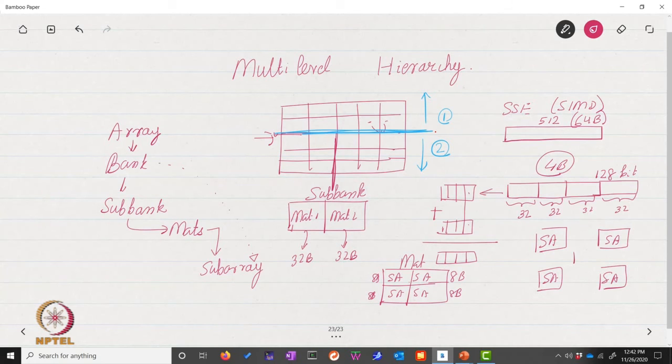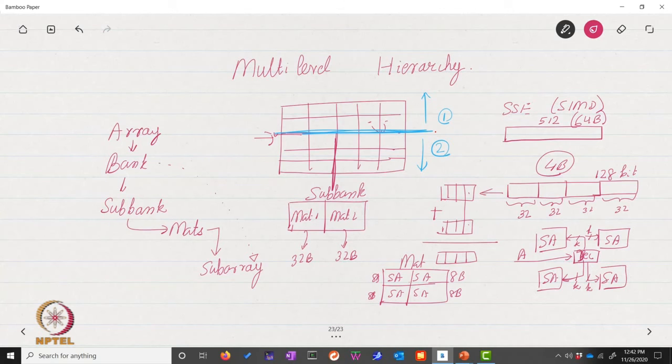So what is the resource that they can share? They can share the decoder, for example, the row decoder. Sorry, this is meant to look like a D. So the row decoder, what it can do is it can take the address bits and then the decoded outputs, right? So let's say there are k-bit decoded outputs. They can be sent to each of these subarrays within the mat, and the subarrays need not have their own decoders. So we are saving a lot of area over here.